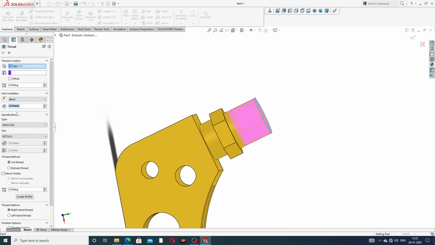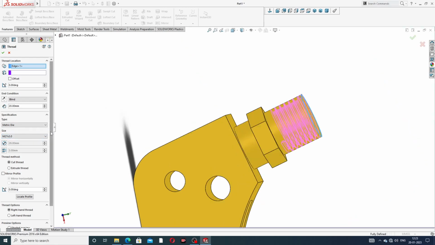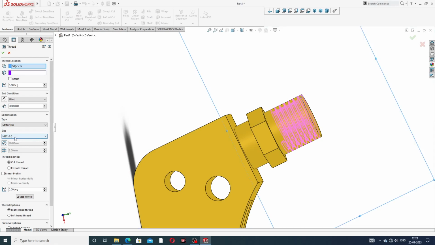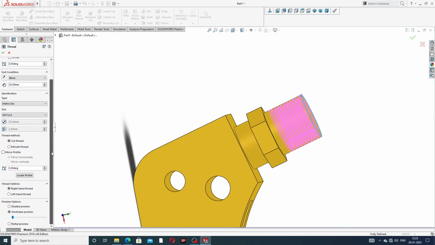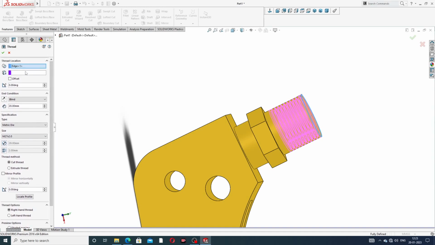Okay, and this metric die is correct, and M27 multiplied by 2.0 is also the correct size. Okay, this 2 is correct, but some point is discussed here, and all points are correct, but use